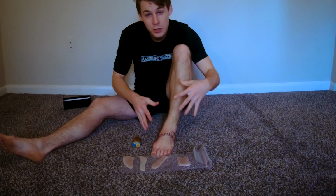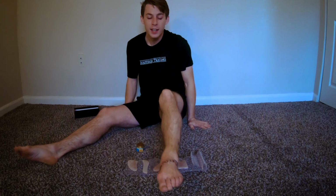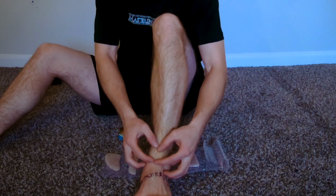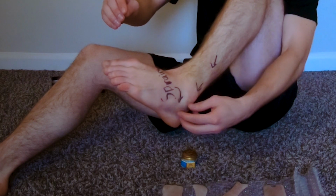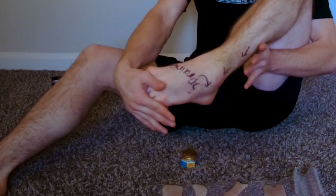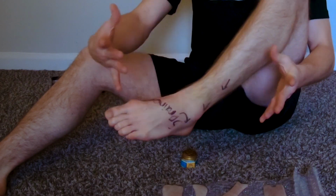You'll see after I do this, I will also find a decrease in inflammation. This is kind of the before shot. You'll see that right up here is where the majority of the swelling is, right at the ball of the ankle, with a good amount of it here as well. You can tell because I pushed my foot into the ground and turned it to the side, stretching and damaging